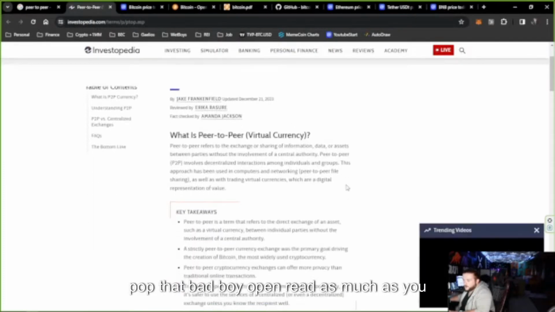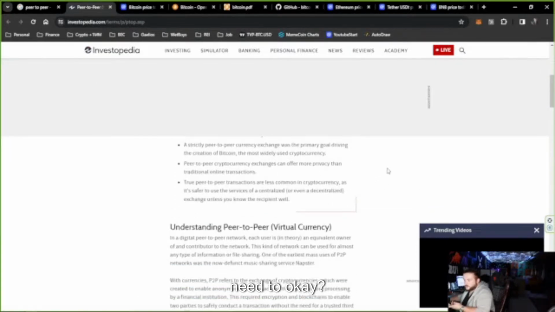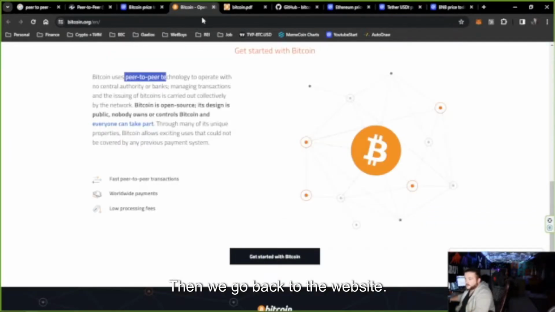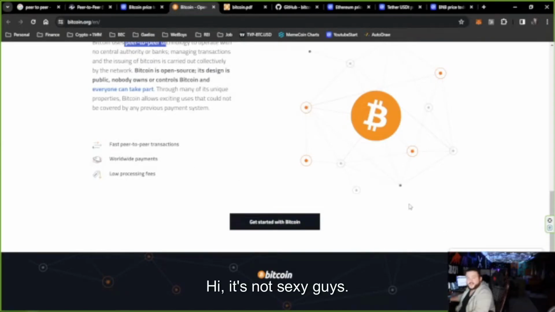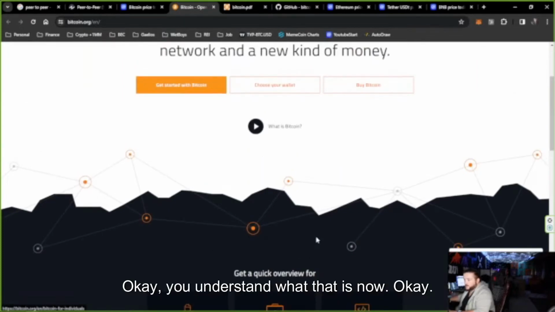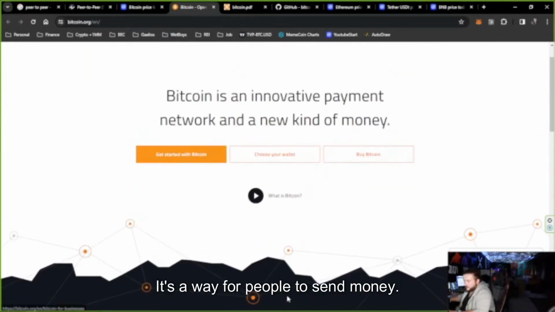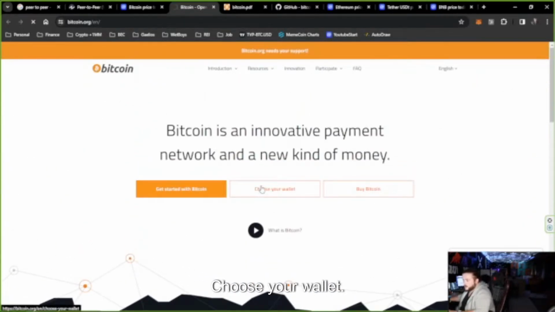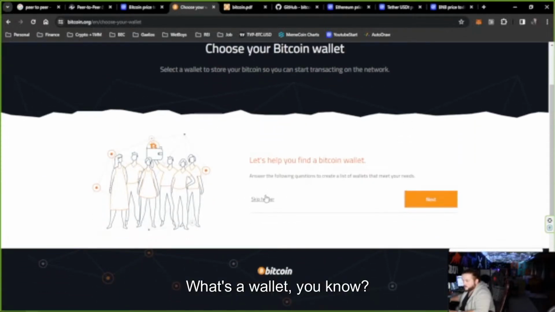Pop that bad boy open. Read as much as you need to. Okay? Then we go back to the website. It's not sexy, guys, but this is how it is. Okay, you understand what that is now. It's a way for people to send money. That's interesting. Choose your wallet. What's a wallet? You know,